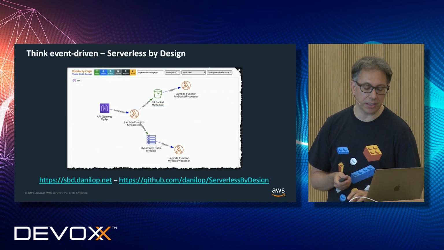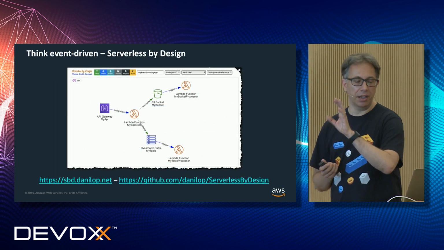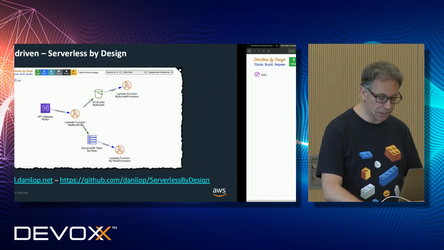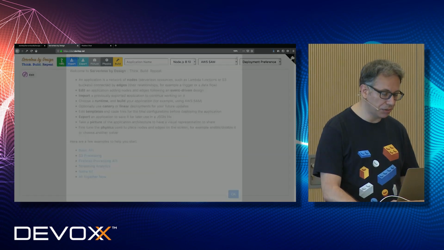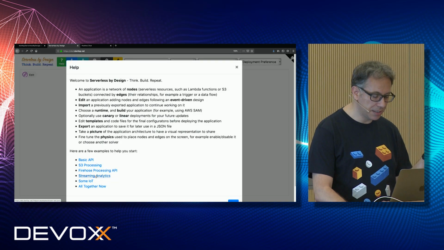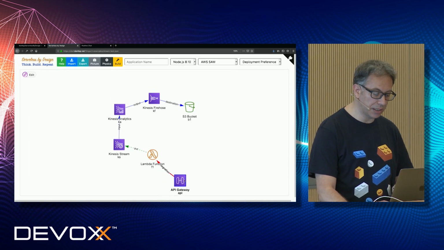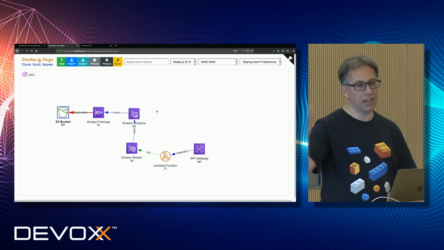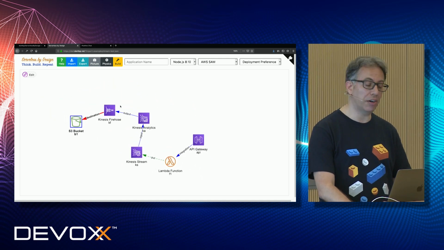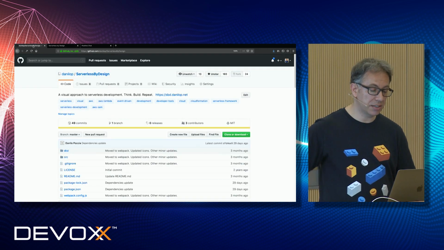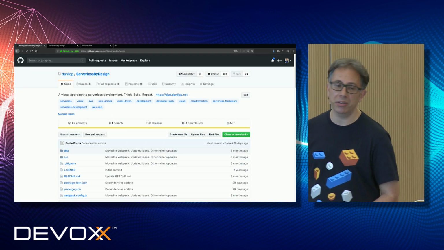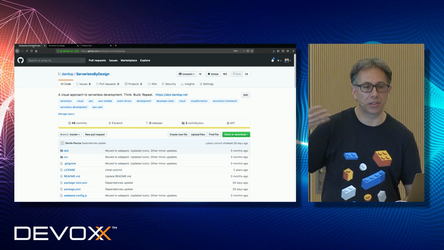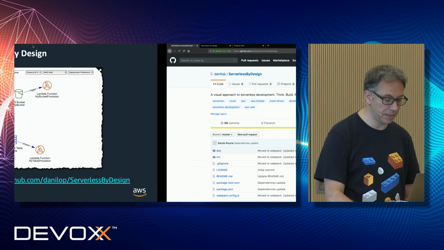And I also created a tool that can help you do this kind of design graphically. So I just want to show you super quickly. You can go here, and I want to create a streaming analytics platform, and then you can design this streaming analytics platform. It's a tool that can help you design and think of how to build serverless architecture. It is open source in my GitHub account, and it's completely running in the browser, so you can just download it locally and use it. There is no backend dependency for this tool.